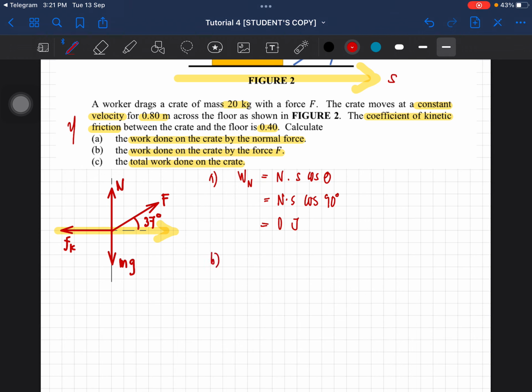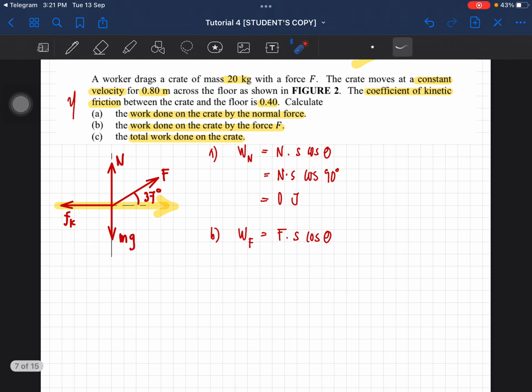Right, and then the second one, we have to calculate the work done by the force F. So, work done by F. Now, for F, we need to multiply by the displacement and cos theta. So what is the angle between the force and the displacement? The force is pointing this way. Now, don't think about resolving it. No need, you just need to remember that you need to